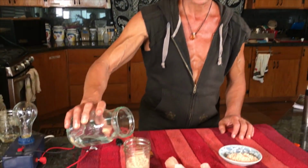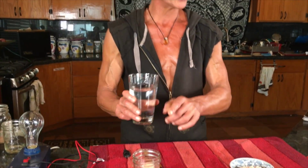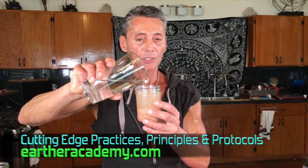So what do we do? All we do, fill, oops, that's the wrong one. That's the salt. Just fill. And you know what, with this one, that was distilled water. This one here, I'm not going to put the color in, so I'm going to use alkaline. We're going to change the pH of this salt to a high pH salt. So I wanted to make two different recipes. And you could make this into a large one too here, but these last quite a bit of,